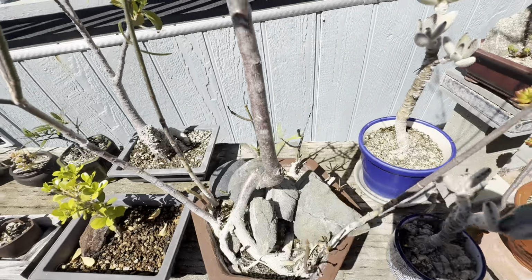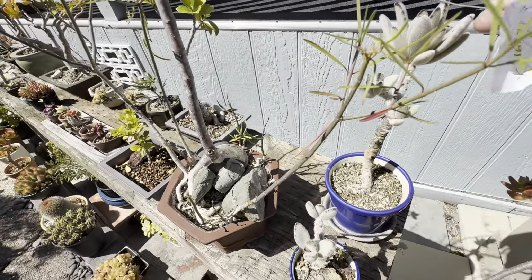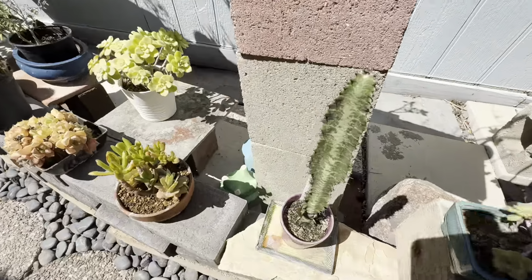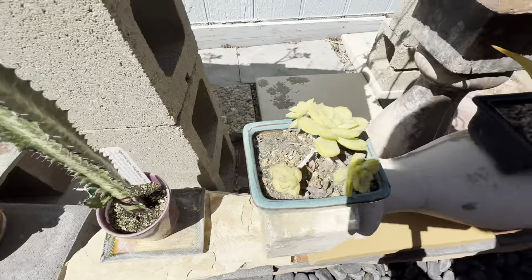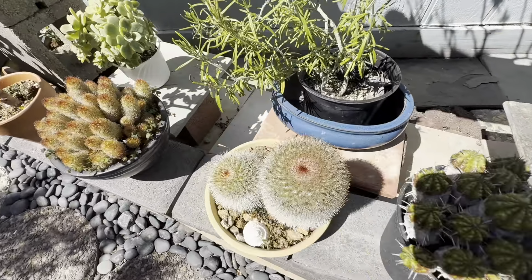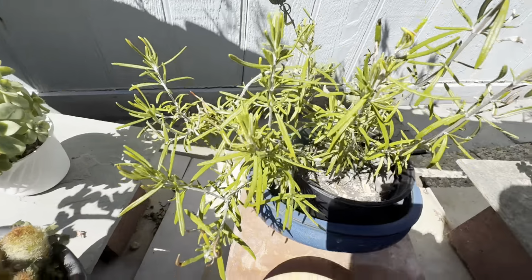The ambulance in the background. The lamb's tail, the lamb's skin here, very nice. Got a cactus here. We'll come back over here, some more succulents, some more cacti, some more, what do you